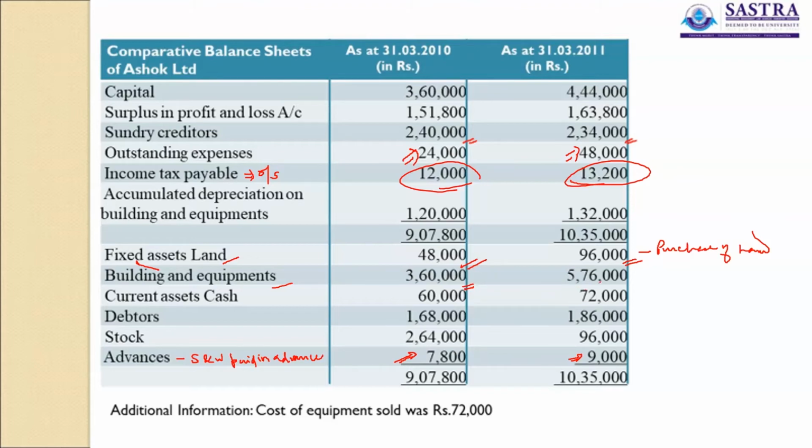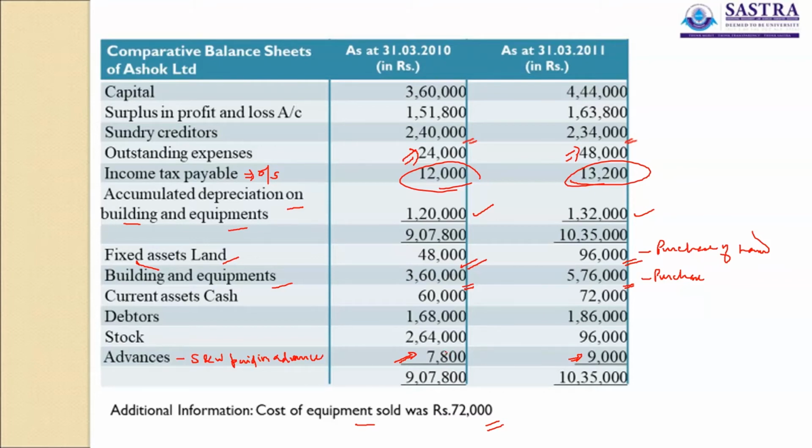close to around 2,16,000, which also indicates purchase, but we cannot directly consider this as purchase. Why? Because it is given in the question that some part of the asset or equipment was sold and there is accumulated depreciation. The opening and closing balances of accumulated depreciation on building and equipment are also given in the question. So in such a case, we have to find out the cash proceeds from sale of the old equipment, and we should compute the additional purchase of building and equipment.